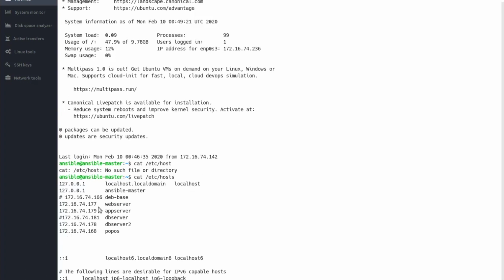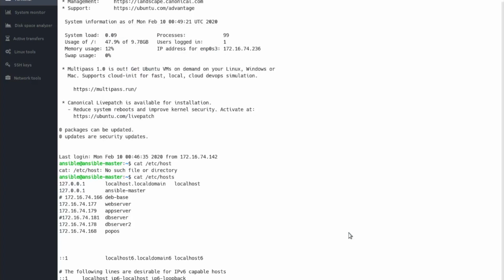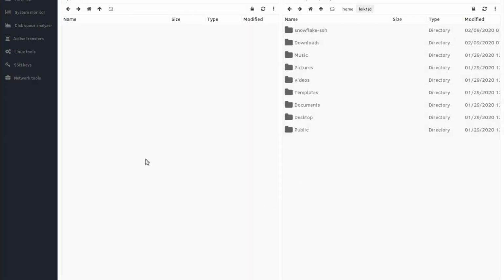And let's see, let's try app server 172.16.74.179. Copy, new connection, new site, app server. And apparently it doesn't like that one either. But that's all kind of interesting because